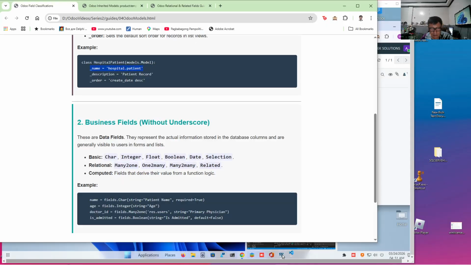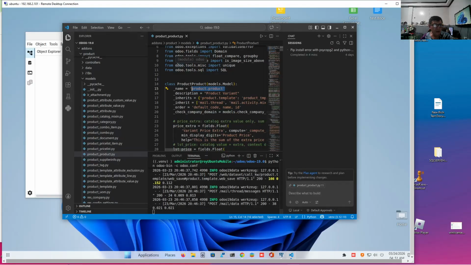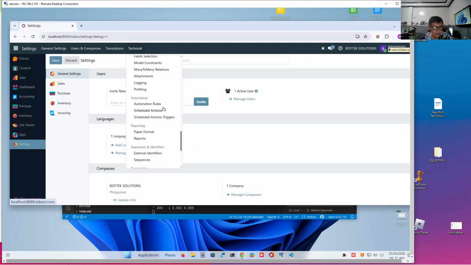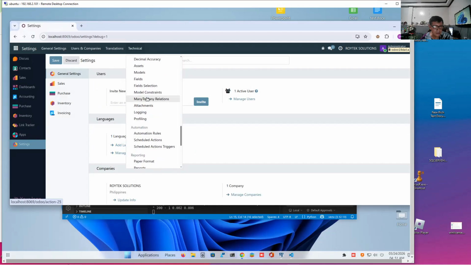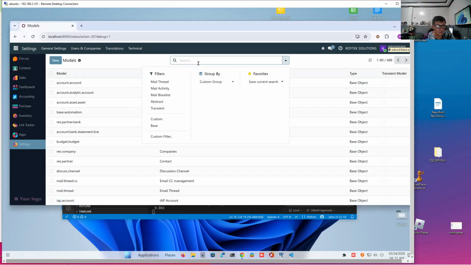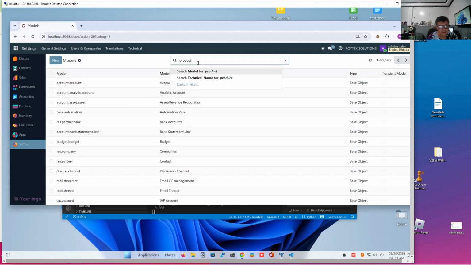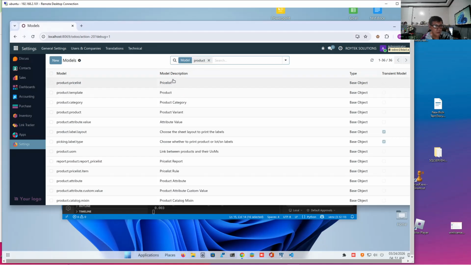Now we can also look at our models in our Odoo application. Yes, there it is. Under models, we can look for product. There are different products.